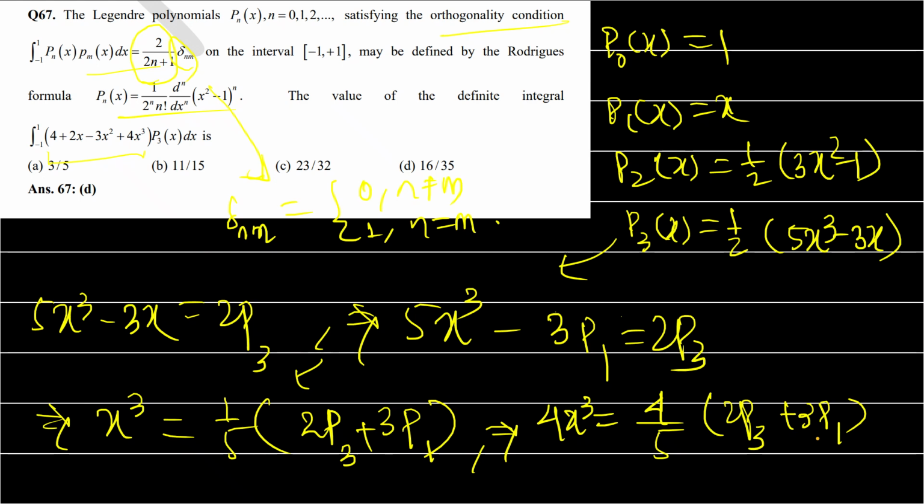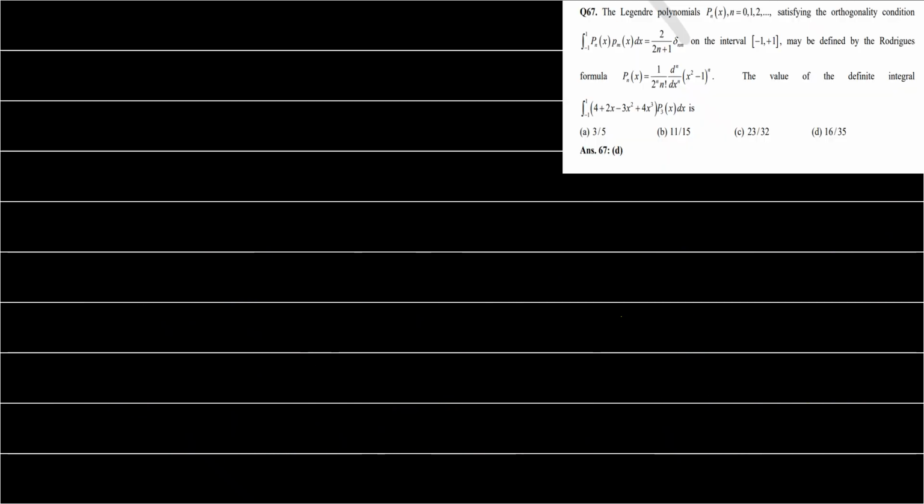So we can just evaluate this integral using the 4x cube term, because this 4x cube term only contains P3 and no other term contains P3. Hence, using this 4x cube term, I hope all of you are understanding. Listen again, I am saying